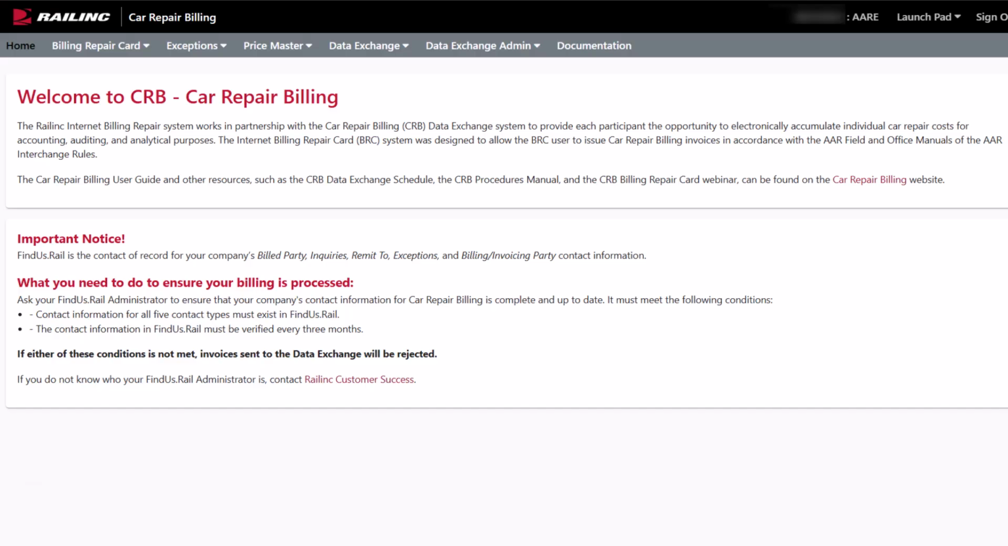In this demo, I'm going to give you a brief overview of how to upload an exception file and view taken and received electronic exceptions in Railinc's car repair billing application. Exceptions are one or more disagreements with a billing repair card line item or an entire BRC that is brought